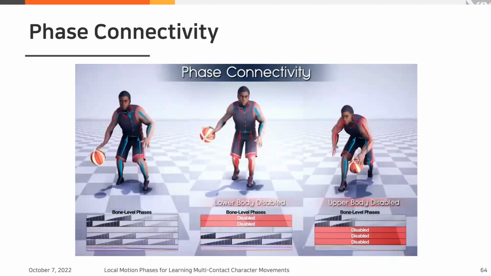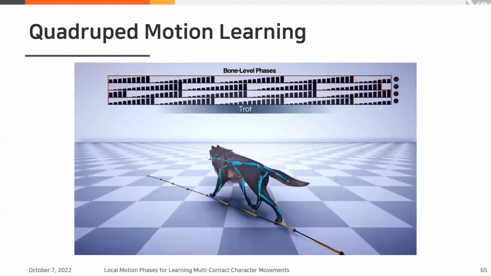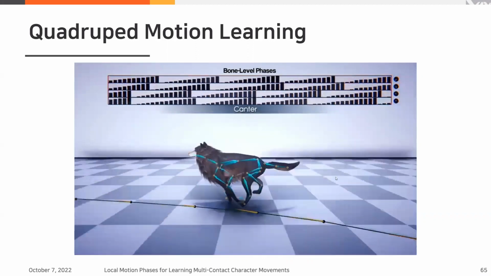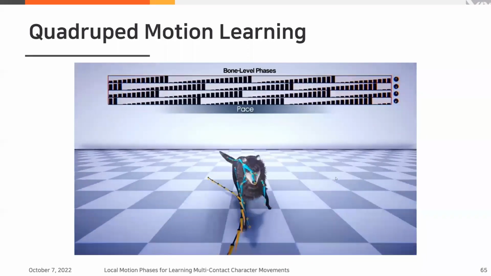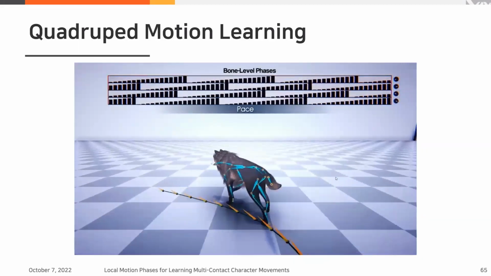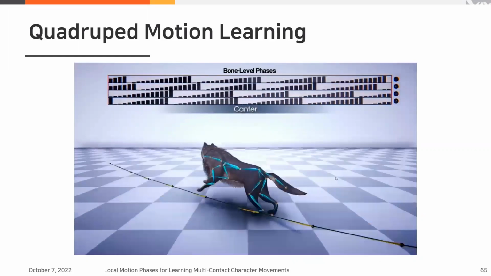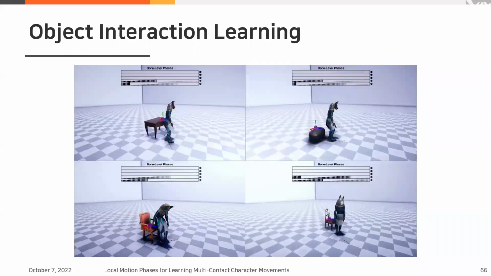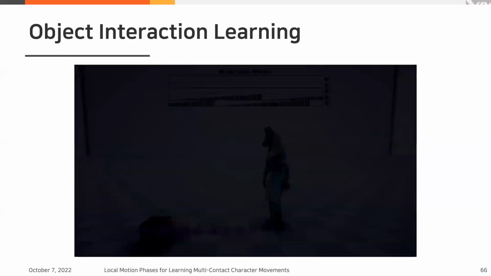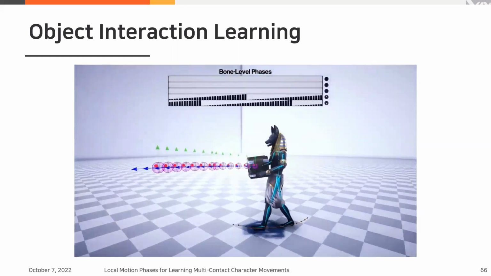And by computing the local phase for every foot based on its contact with the ground, the proposed system can be applied to quadruped motion. Then it showed better responsiveness on switching motion and synthesized more generalized motion compared to the original mode adaptive neural network. And compared to the neural state machine that requires the motion to be carefully aligned through a single global phase, the local phase applied on object interaction motions automatically produces realistic movements.